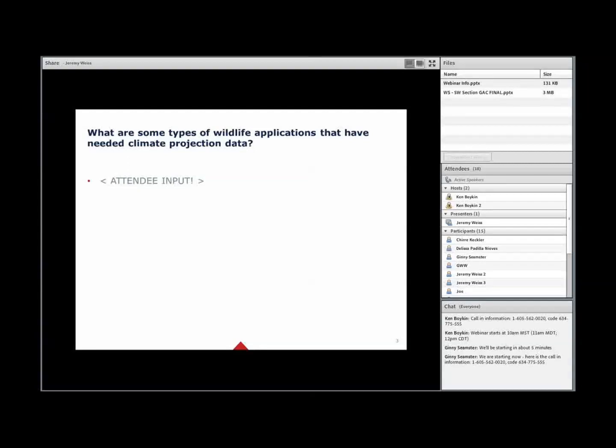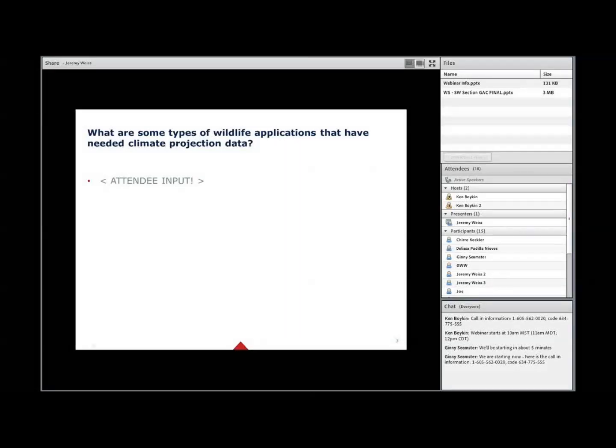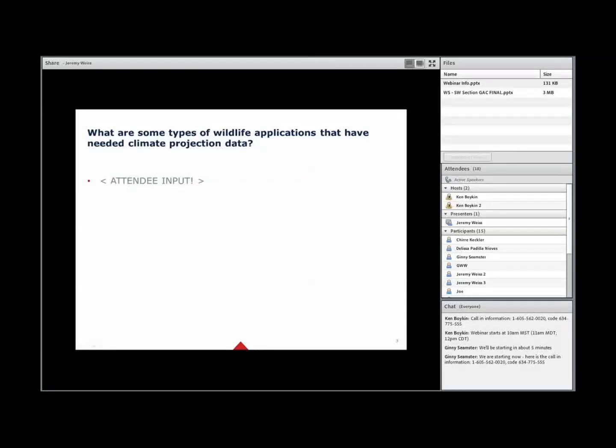If you look in your Adobe Connect interface, there's a chat function down in the lower right. We're going to be using that for the interactive parts, and probably a lot of the Q&A as well. So just make sure that setting is set to chat everyone.